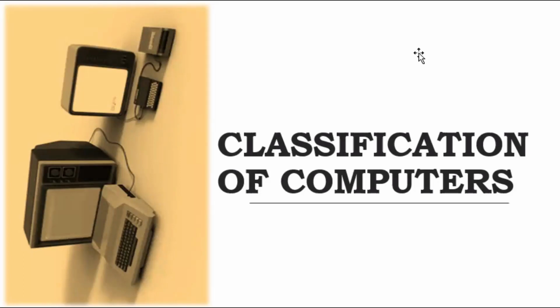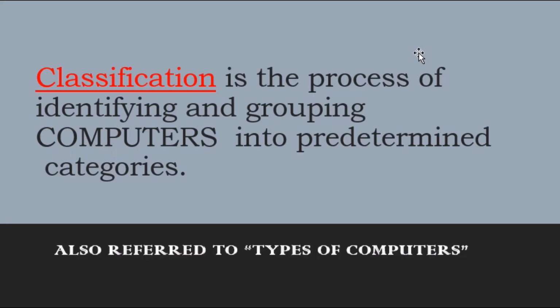In this video, we will talk about classification of computers. Classification is simply the process of identifying and grouping computers into predetermined groups or categories. We can also say they are simply the types of computers or the classes of computers. We have various classifications of computers,